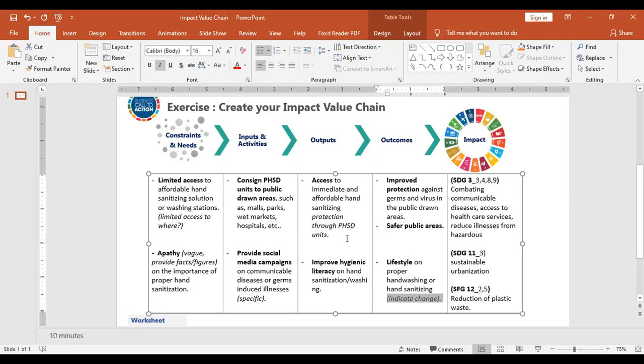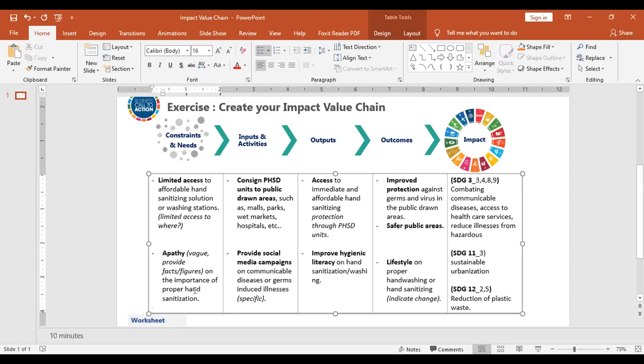Okay. So parang, unfortunately, parang hindi aligned ang reduction of plastic waste, I think. Kasi ma'am, there is a functionality sa dispenser, ma'am, wherein it could serve as a refilling station. Oh, okay. So since you indicated reduction of plastic waste, dapat may sali mo yan sa outputs mo at saka outcomes mo, pati dun sa results mo. How to, hindi lang lifestyle on proper hand washing or hand sanitizing, but on how to reduce plastic waste.